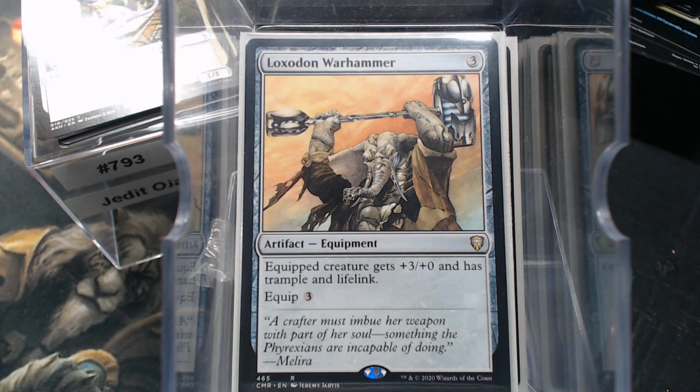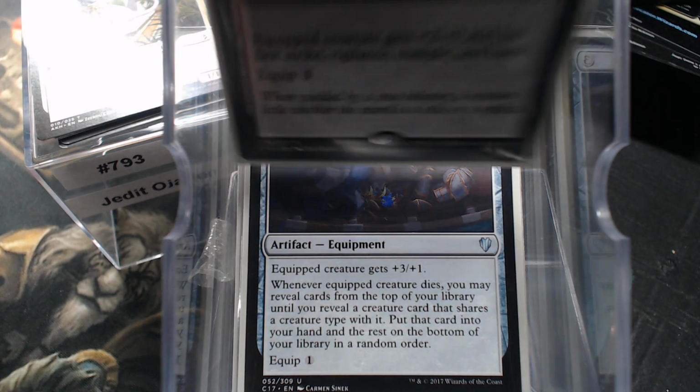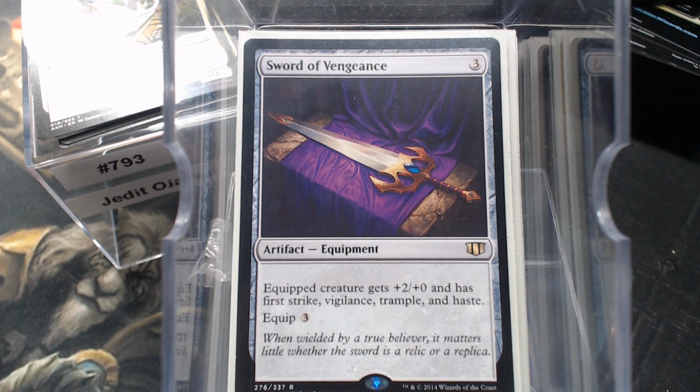Loxodon Warhammer, trying to get there with the Felidar again. Life gain. Fire Shrieker, Heirloom Blade is perfect for tribal. And then Sword of Vengeance. But before we get into our ramp and stuff,